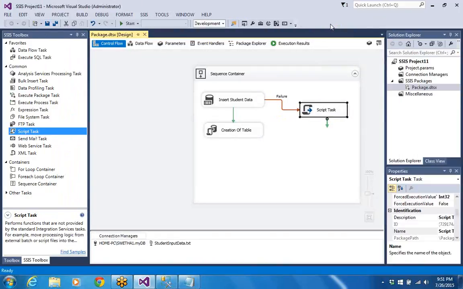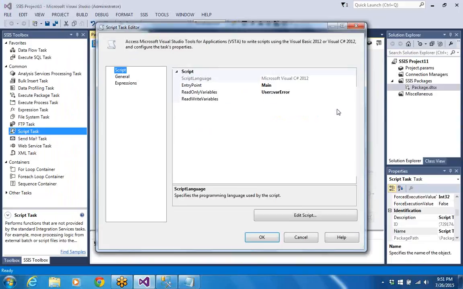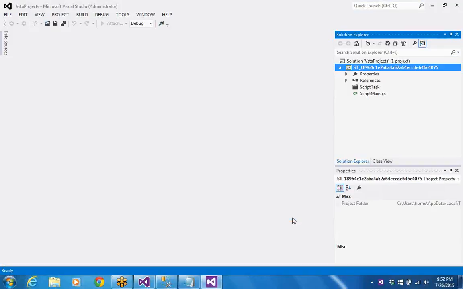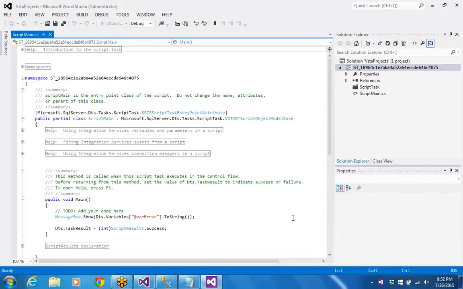So here, open the script task once. In this, go to the read-only variables, User::WhereError we have taken. This is fine. Now edit script. Here write this one, Dts.Variables. Before the symbol, you put User::. Previously, the same manner you had, try to set it. User::